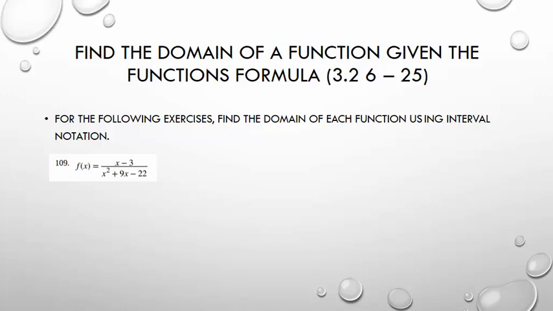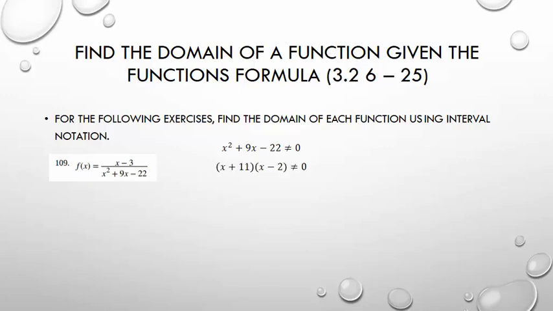So if we want to find the domain of one with a fraction here with x in the denominator, we need to set that equal to 0 or figure out what would make that 0. And our domain is everything except that. Okay, so it's all real numbers except whatever values, in this case, make x squared plus 9x minus 22 equal